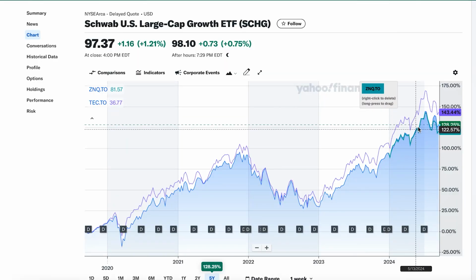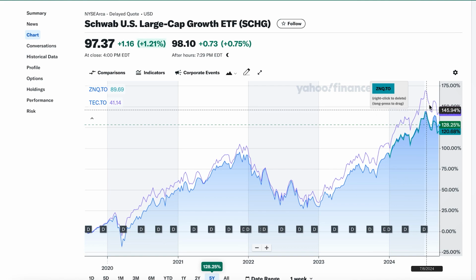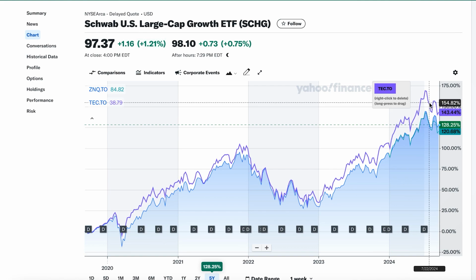So it's up to you whether you prefer a slightly higher risk for better returns or staying safe with an ETF that has a smaller exposure to tech. You can see that ZNQ is pretty close to SCHG, while TECH provides higher returns. So for now, there are two ETFs in our portfolio. One that tracks the S&P 500 index and provides a great base for the portfolio, and another one that carries more risk but provides better growth.